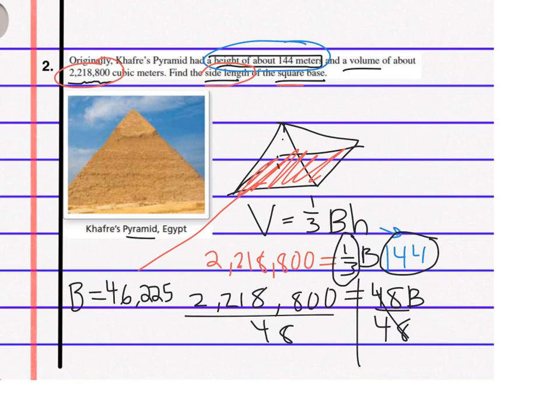Think about it. If you knew that the area was 100, the square would be 10 by 10. How do you go from 100 to a 10? You take the square root. So I'm not dividing by 4. I'm taking the square root, and I am getting 215 meters for the length of one side. All right, we are